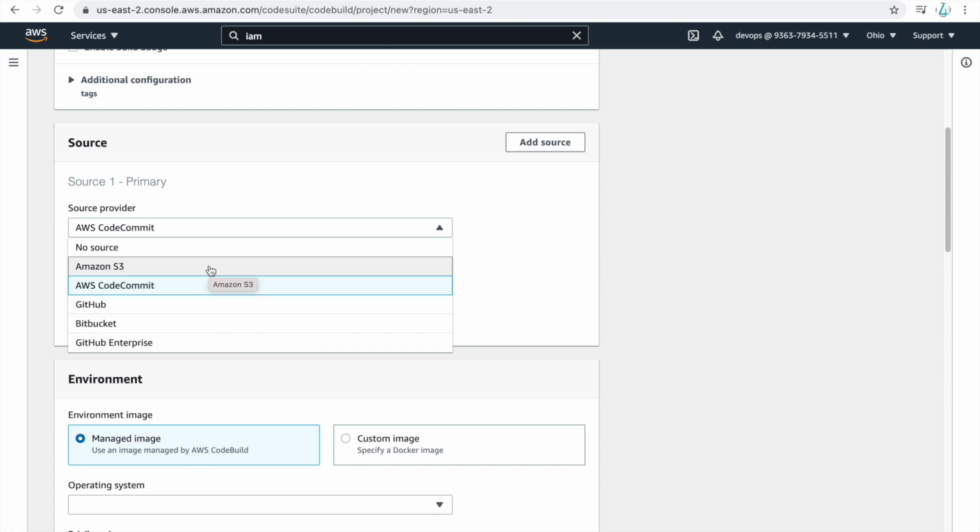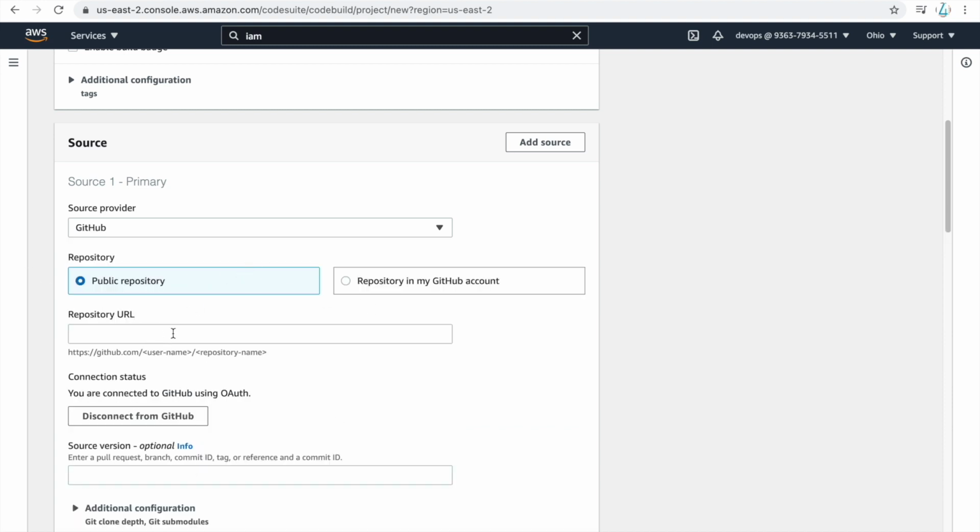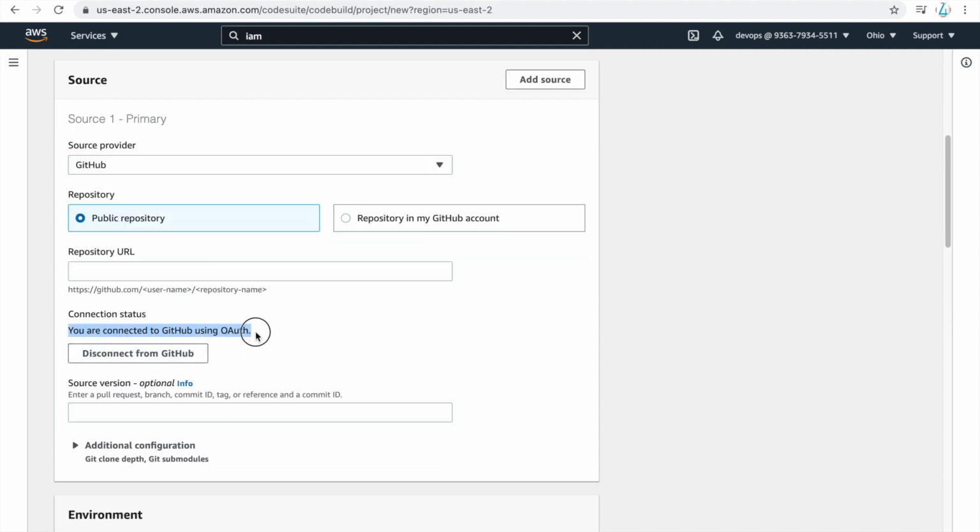You can also use S3 as a source code repository, GitHub, Bitbucket, a lot of things. So if I select GitHub here, you just need to configure your GitHub account. It will just ask for your credentials, and it automatically does all the steps. Like for me, it just says you are connected to GitHub because I did that configuration.